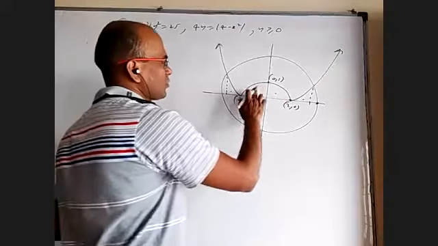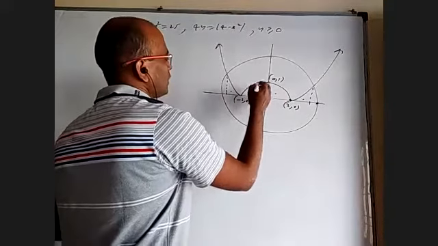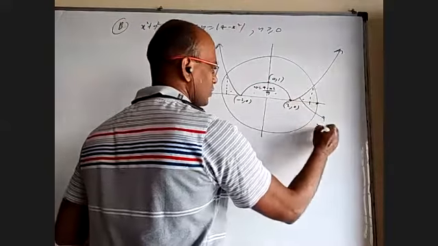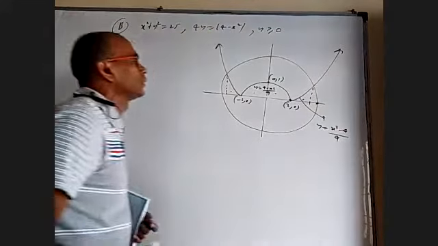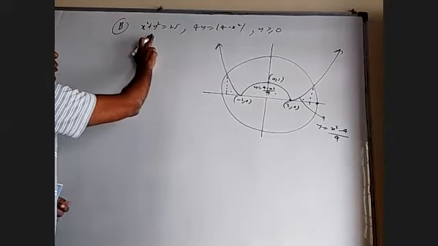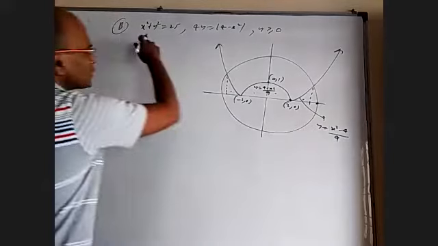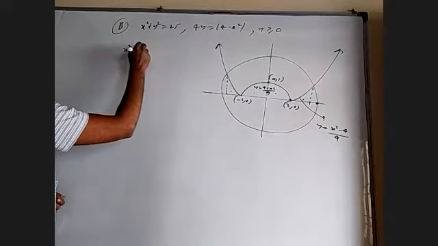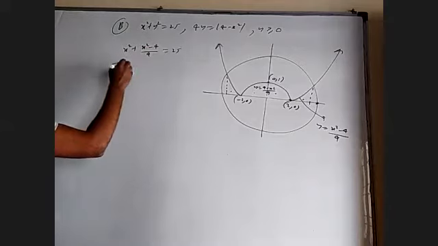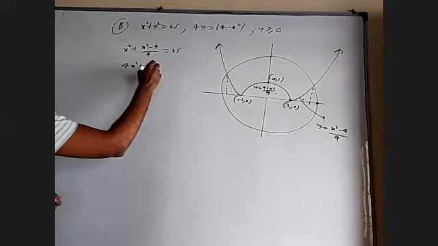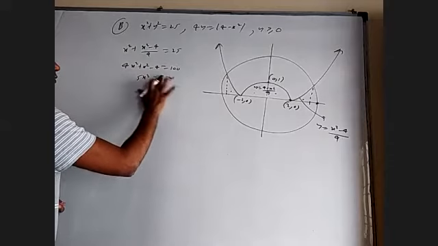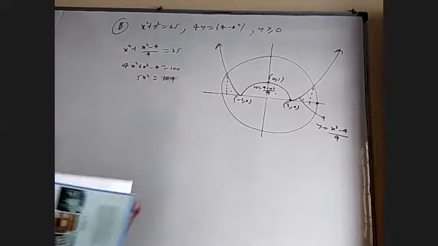And this curve, of course, I can use the 2/3 rule here, but anyway, this is y equal to 4 minus x square by 4, whereas this part is y equal to x square minus 4 by 4. When I substitute here, x square plus x square minus 4 by 4 equal to 25. When I multiply with 4, 4x square plus x square minus 4 equal to 100. 5x square equal to 104. This actually is not so nice. Did I take the equations right?